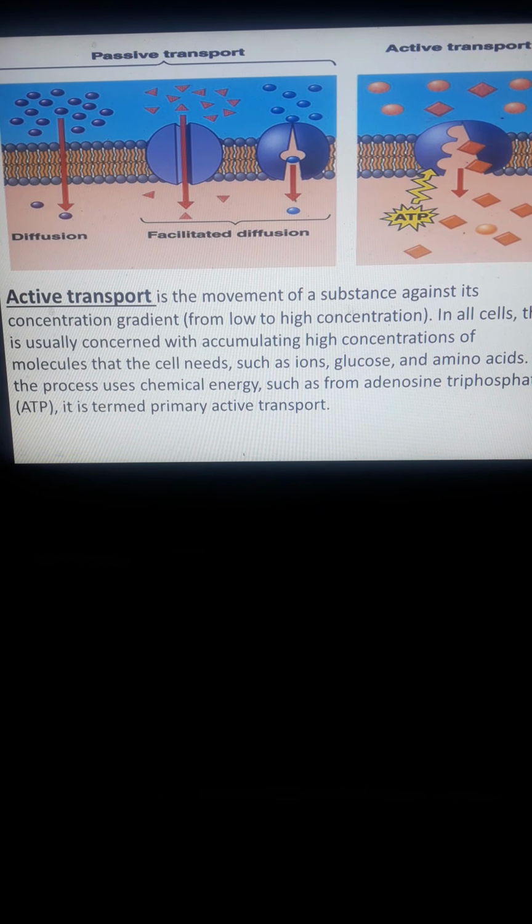It is the movement of substances against the concentration gradient, from low to higher concentration, in all cells. That is usually concerned with the accumulation of molecules that the cells need, such as ions, glucose, and amino acids. The process uses energy such as adenosine triphosphate, or primary active transport. What do you mean by this? Usually, the movement is from low concentrations to higher concentrations. Usually, if they have a low concentration of sodium or potassium inside, so it will go